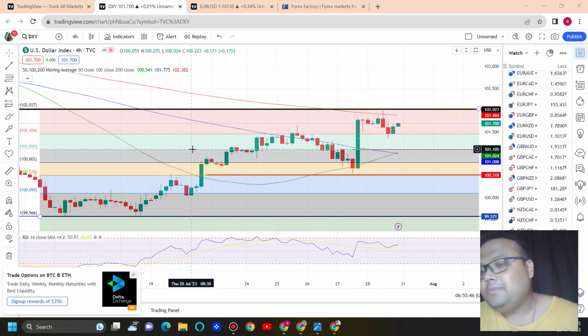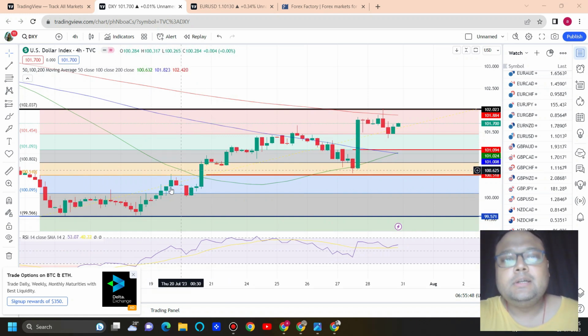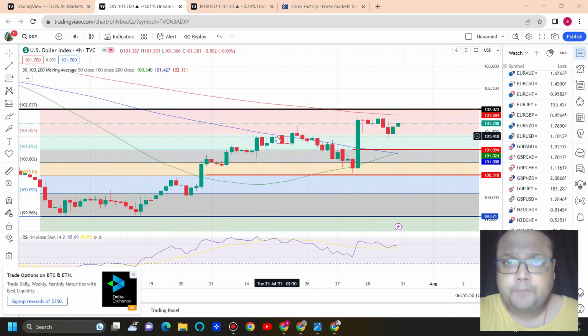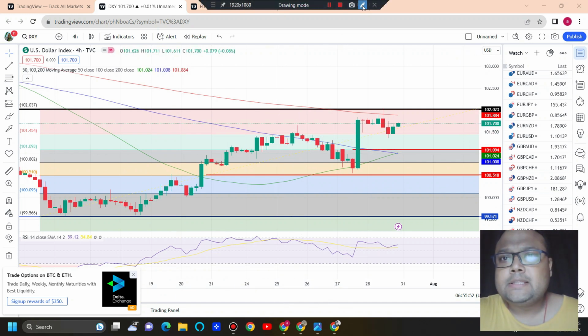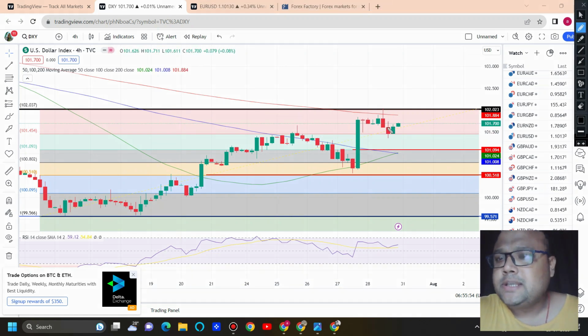As a result, day traders should consider the present trend of the market only. Here we can see that the dollar index DXY closed at 101.70. Right after the market opening, we will have to see how the market reacts to the level of 102. As we all know, to continue the upside, DXY needs to cross the 102 level. If it crosses this level, then we can assume that the upside will continue because the next resistance will